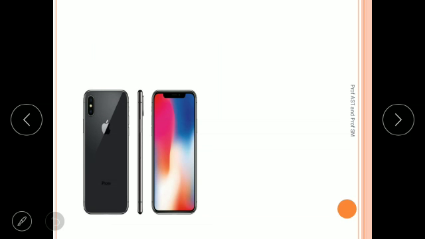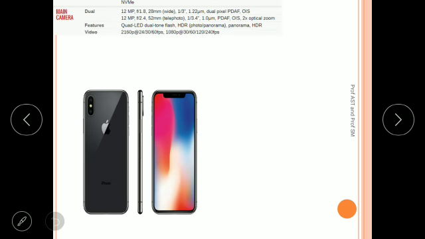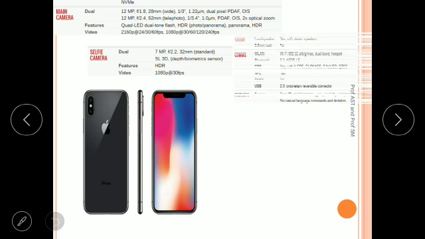Alright, so let me go through a few of its features with respect to the camera. You can see here it has a dual camera, main camera with 12 megapixels, quad LED. The video feature is also more comparable with a professional handycam. Then we have a selfie camera with 7 megapixels, with HDR feature, that is, high definition recording is possible even using the selfie camera. 1080p at 30 frames per second is the recording capacity. Then loudspeakers are present.